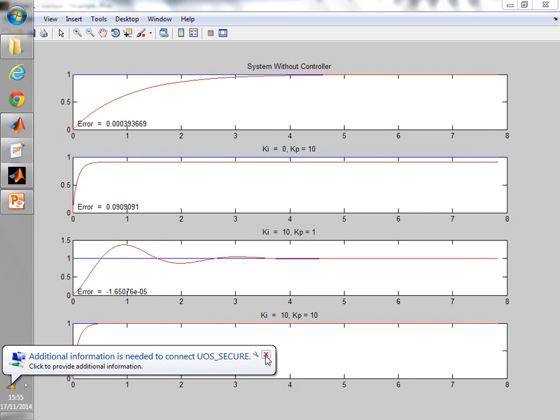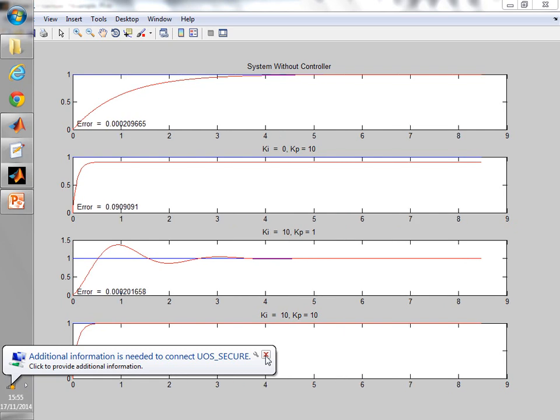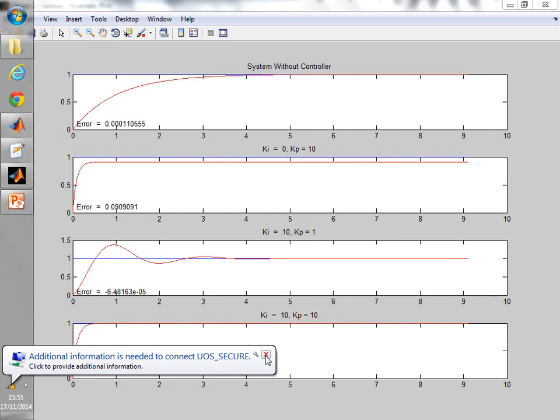But I have a steady state error. The error is almost 0.09, or 10% steady state error. If I use Ki much bigger than Kp, the steady state error will go to 0. But I will add more dynamics to the system. I will increase overshoot. I don't want to have an overshoot, but I have the first order system. If you look at the proper design,